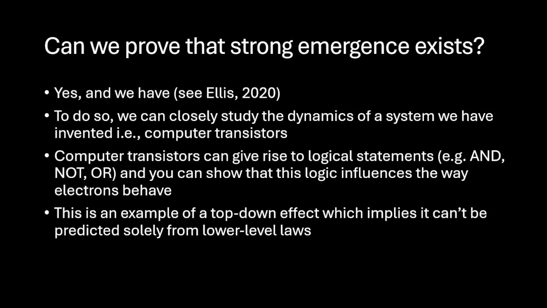I know people sometimes confuse strong emergence with randomness or unpredictability. It's not unpredictability per se. It's unpredictability just based on fundamental laws. If you knew what the higher level laws were, the system should be fully predictable, or in some cases it shouldn't be predictable, for example with random effects, like the way DNA behaves. But in other phenomena, it should be fully predictable if you account for higher level laws, but the existence of higher level laws is itself proof of strong emergence. And so there's no way that system can be weakly emergent.